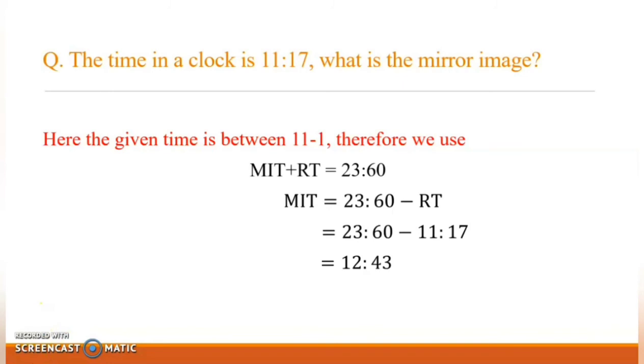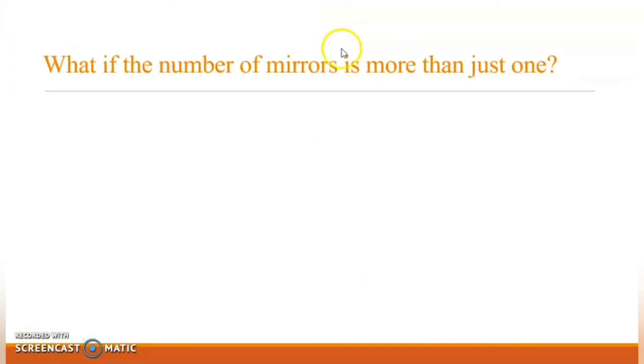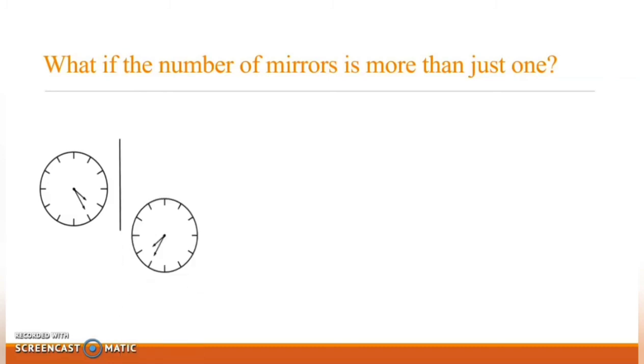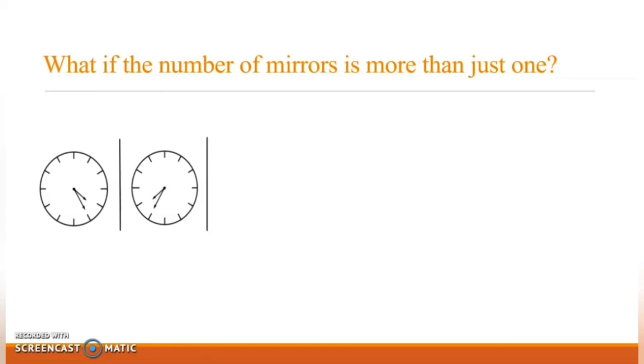Now let's see what happens if the number of mirrors is more than just one. First we have a clock, we place a mirror in front of it and we get its image. So if there is one mirror, we get one mirror image. Now suppose before this mirror image another mirror is placed, then we get its image, which is nothing